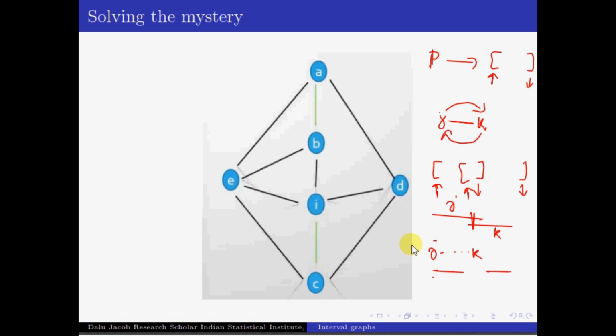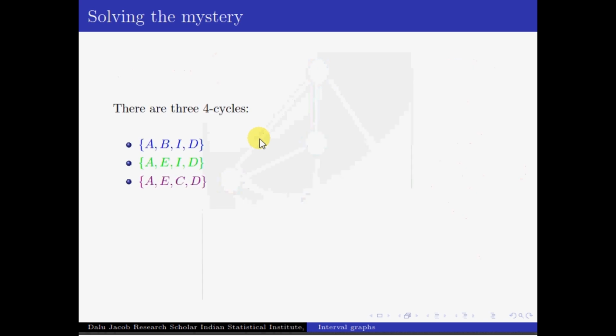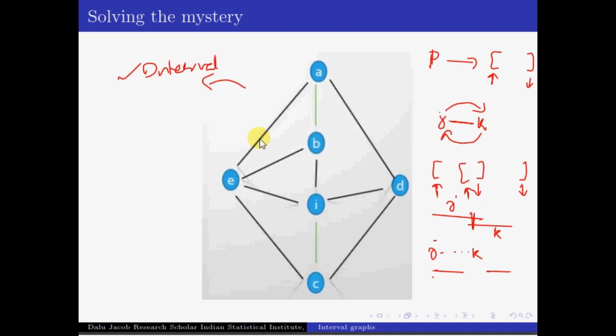Consolidating all this information, we can conclude that this undirected testimony graph must be an interval graph, because it satisfies all the conditions of the interval graph. Each node which denotes a professor can be assigned a time interval in such a way that whenever there is an edge, their intervals intersect, and whenever there is no edge, their time intervals do not intersect. So this is perfect to be included in an interval graph. But is there any problem with that? Can you see something fishy about this graph?